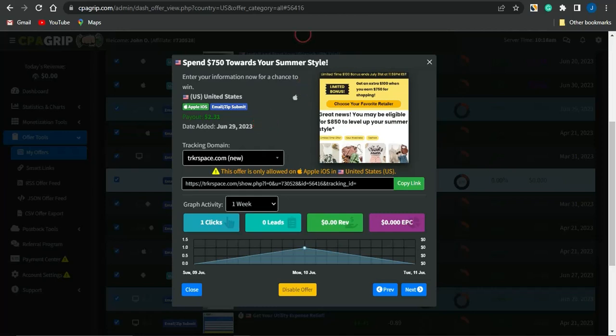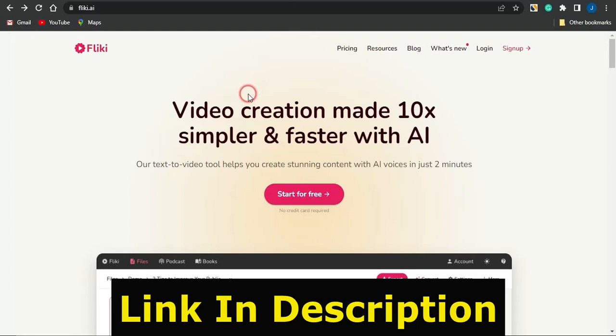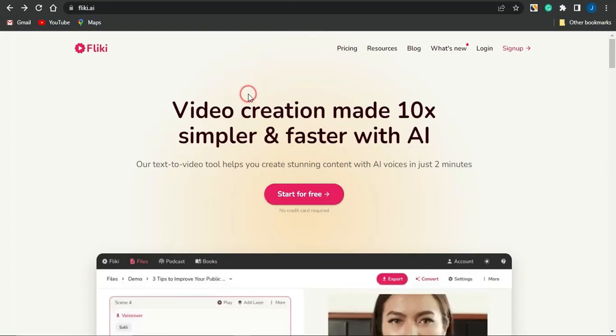The step 2 will be to head on to this particular AI tool which is called the Fliki Ai to go on to creating a video which you can actually use to start promoting that CPA marketing offer, or you could just simply create any video of your choice right there on any niche with this AI tool. As this AI tool is actually a video creation tool that makes video creation simpler and faster right here.